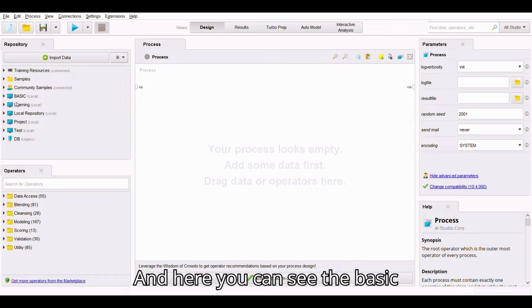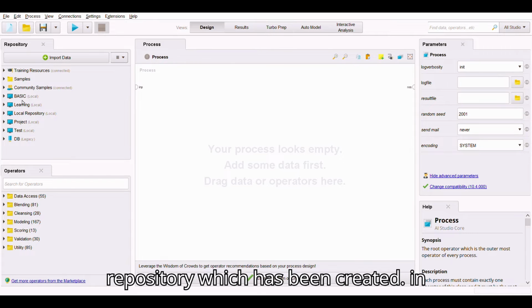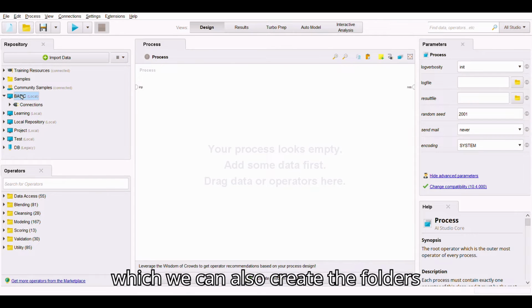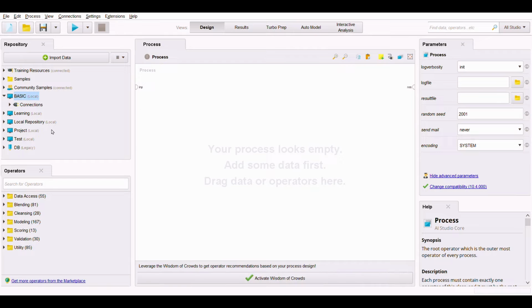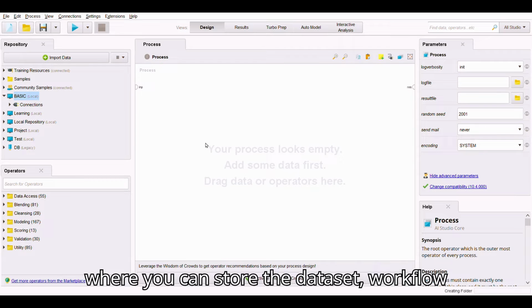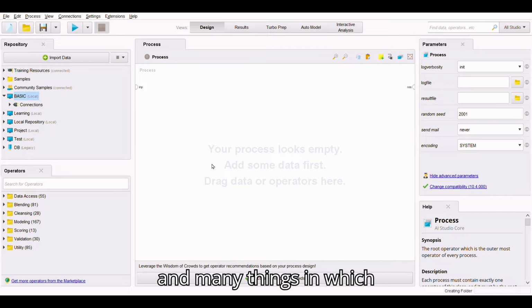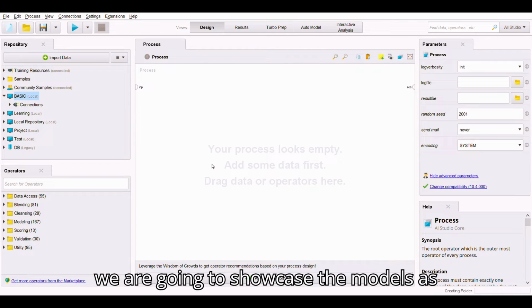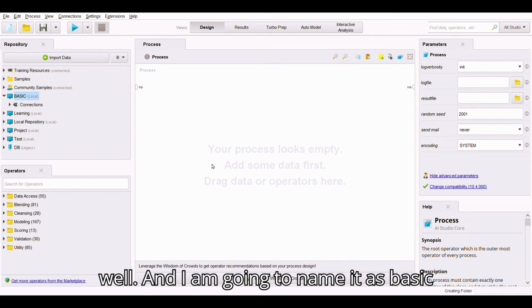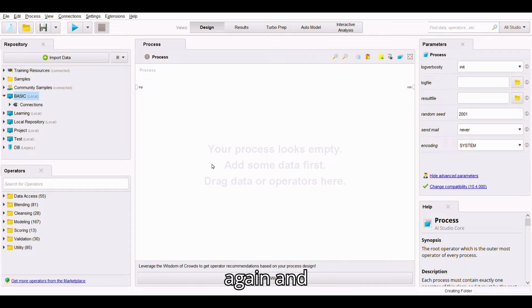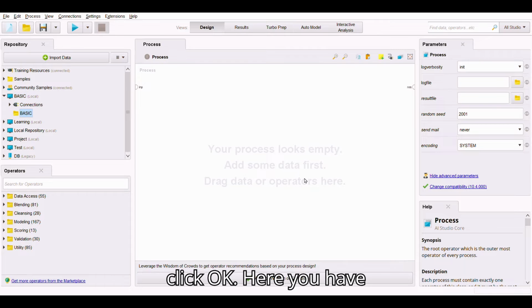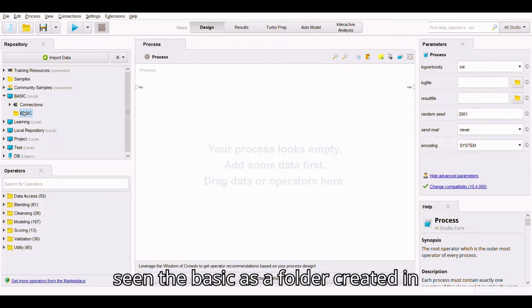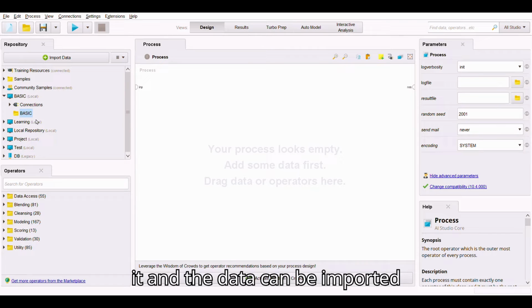And here you can see the basic repository which has been created, in which you can also create folders where you can store the dataset, workflow, and many things, in which we are going to showcase the models as well. I'm going to name it basic again and click OK. Here you can see basic as a folder created in it, and the data can be imported